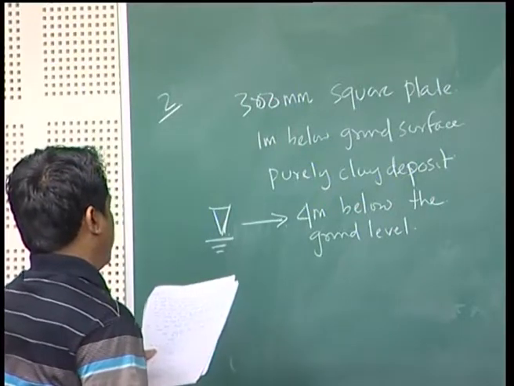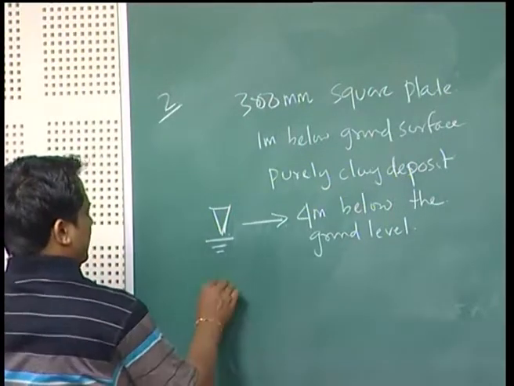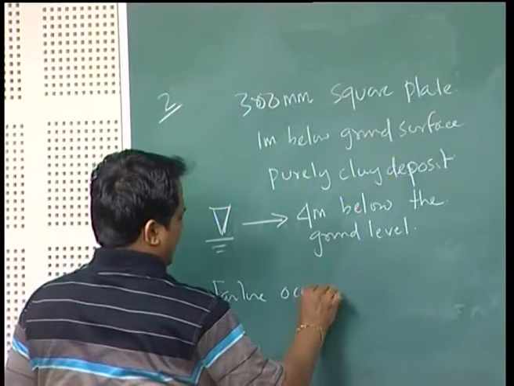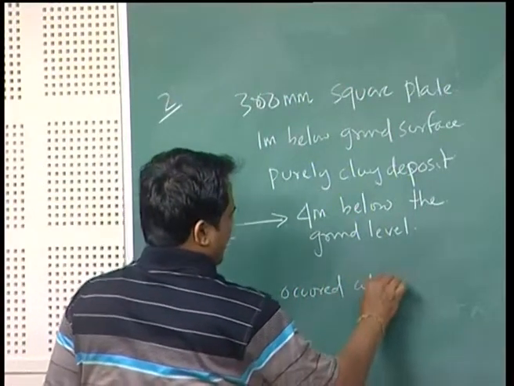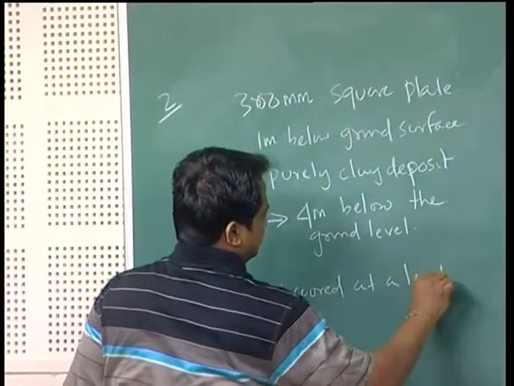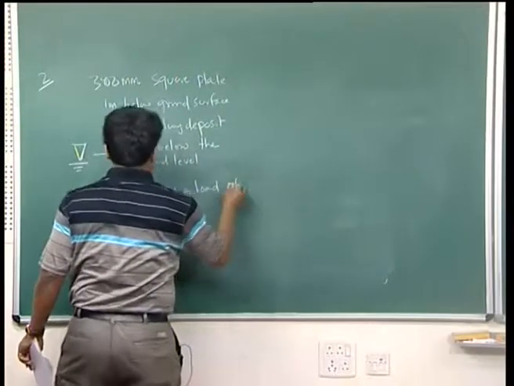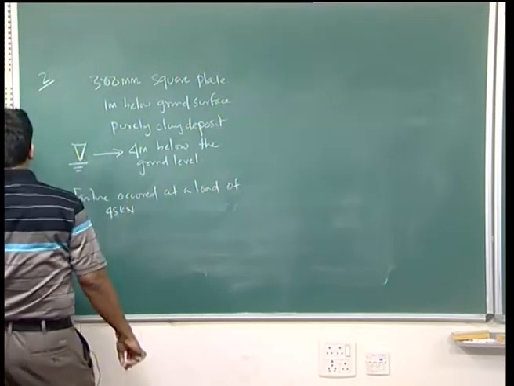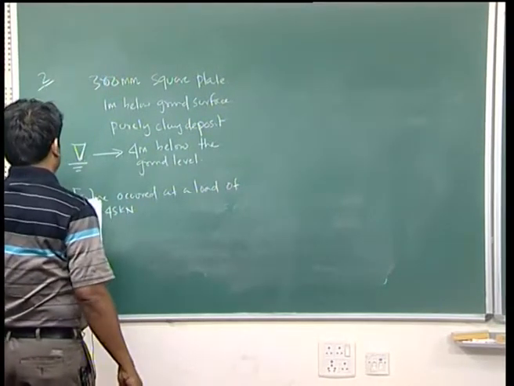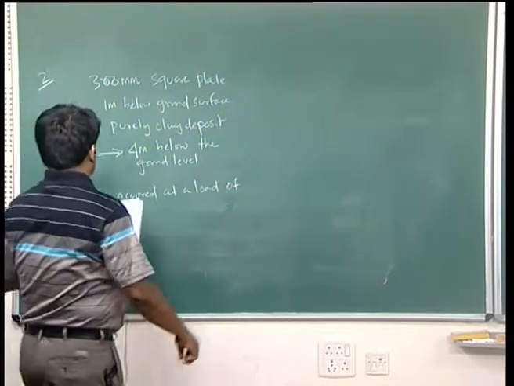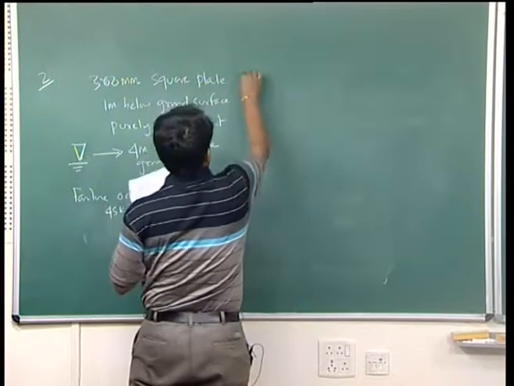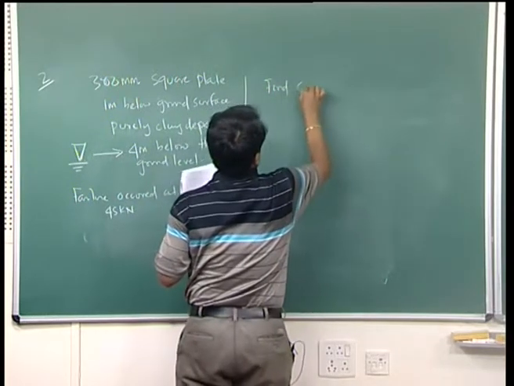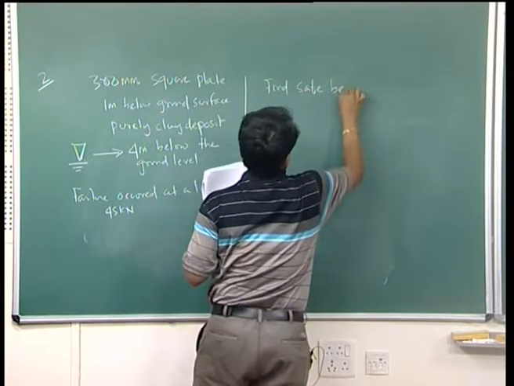Failure occurred at a load of 45 kilonewton. Now this is for the plate. Now what is the safe bearing capacity? Find the safe bearing capacity